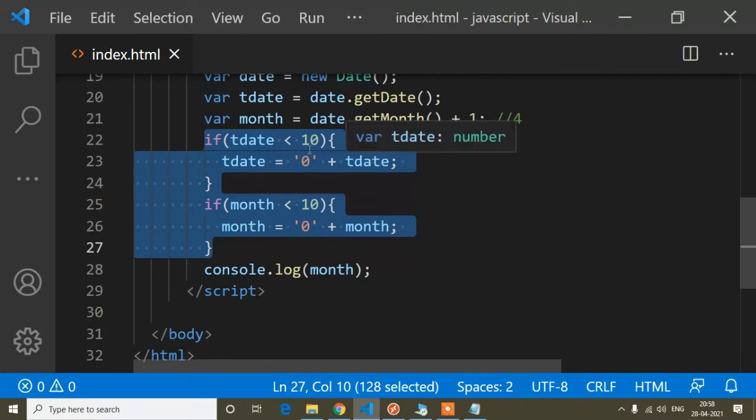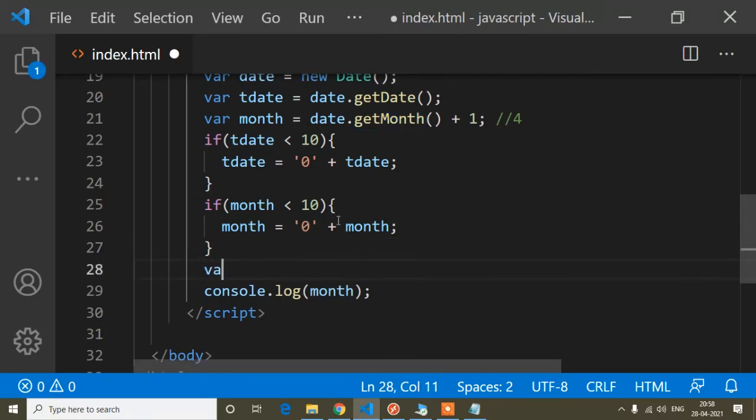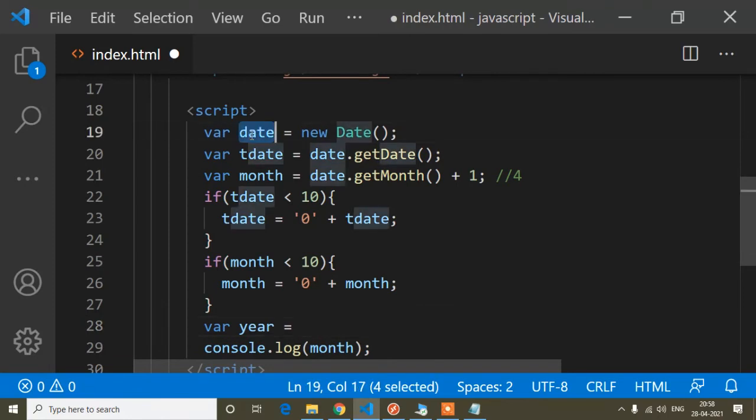So I'm getting the current date and current month, and now I have to get the current year. The same thing here: I will write var year equals to, this is the variable year. Inside this date value it was returning like 28 2021 April, all the things.